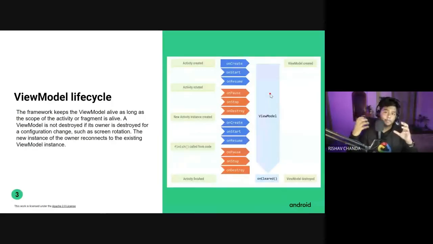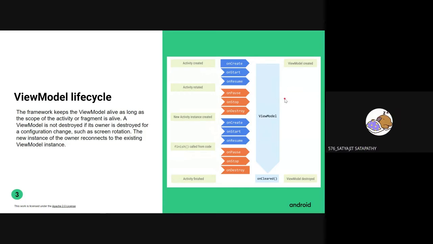The activity lifecycle changes when you rotate your phone, but view model remains constant. It is initialized once the activity starts, and it only gets cleared when the activity ends. In the rest of the part, it remains the same because it has a separate lifecycle and a separate class. So it doesn't affect it, it remains constant. That was your doubt, right? I guess. Yeah, I got that.